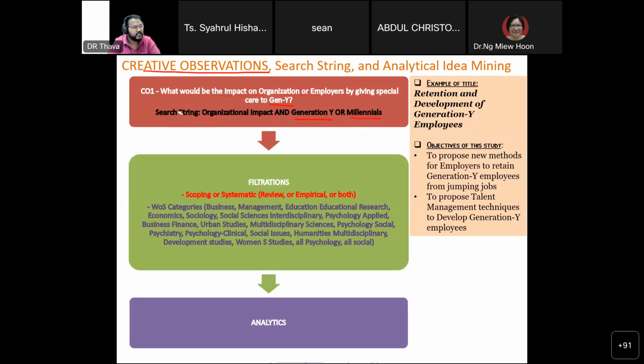Okay. Now I need to ask all of you, what is this and what is this? Do answer me, all of you. If you don't know, just tell me you don't know. It's okay to not know. I didn't know this several years back also. Tell me what it is.